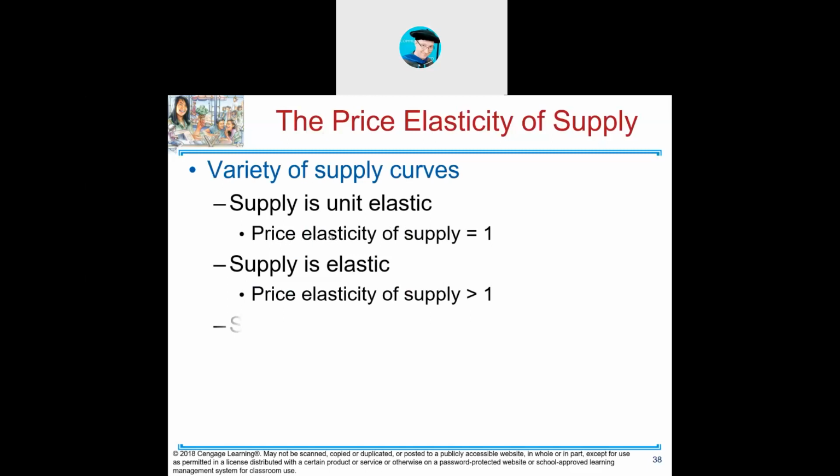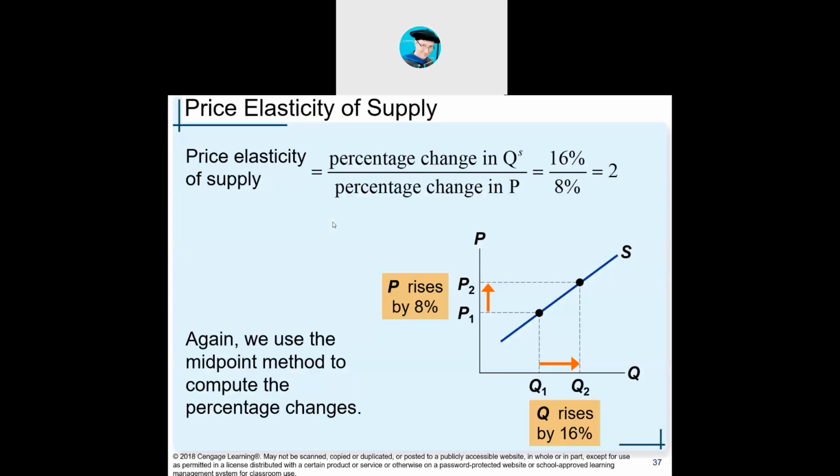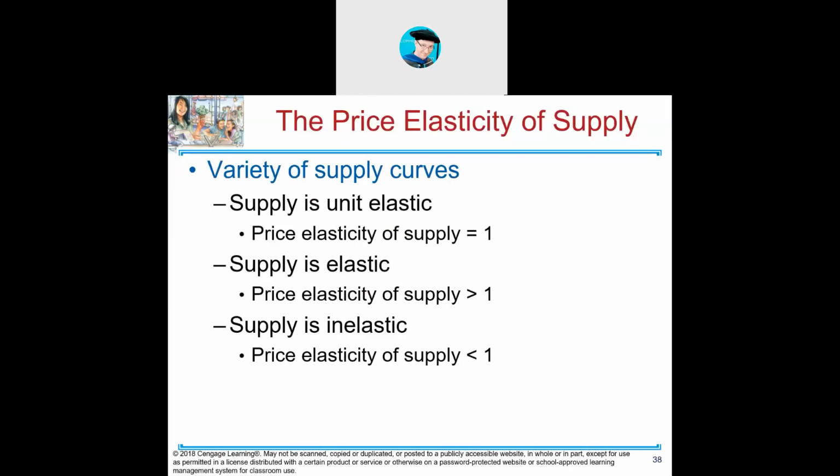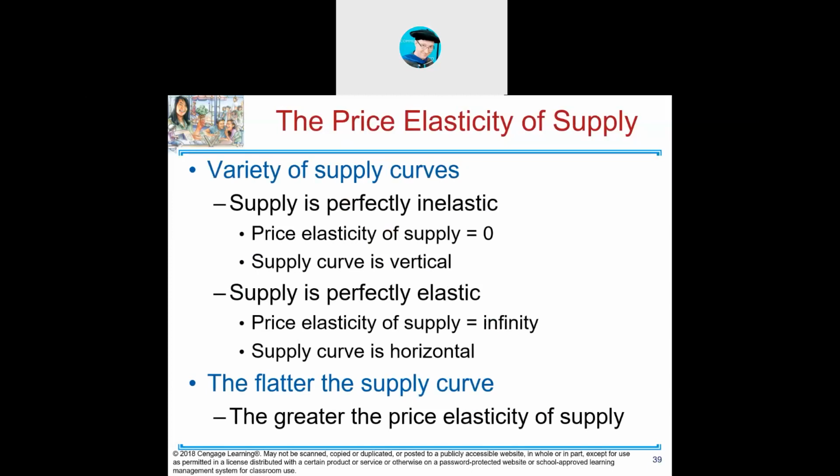Price elasticity of supply works the same exact way, right? So it's unit elastic if it's equal to 1. It's elastic if it's greater than 1. It's inelastic if it's less than 1. Works the same way as demand. Price elasticity of supply and demand are very similar. They work in tandem. It's perfectly inelastic if it equals 0. So instead of 1, it's 0 on the supply side. It's perfectly elastic if price elasticity of supply is infinite.